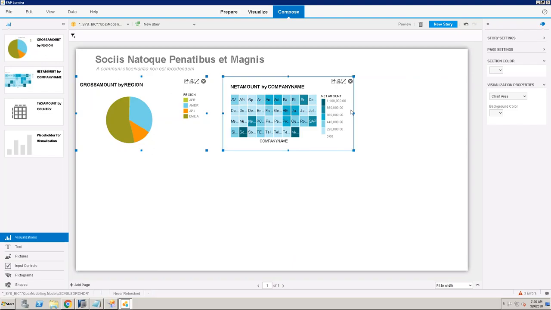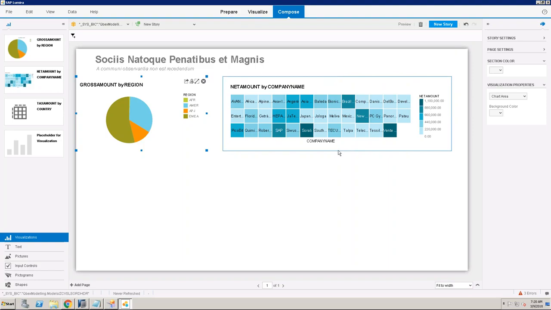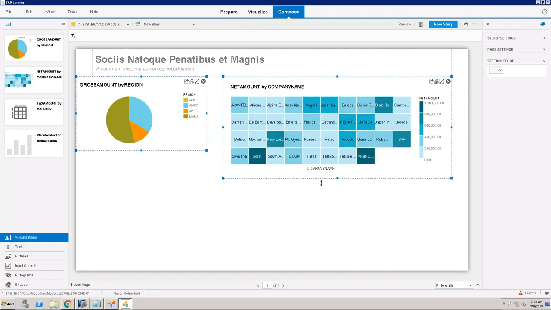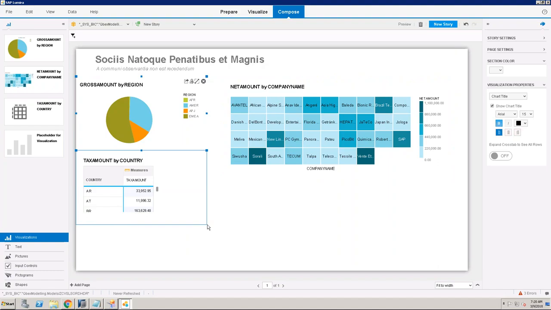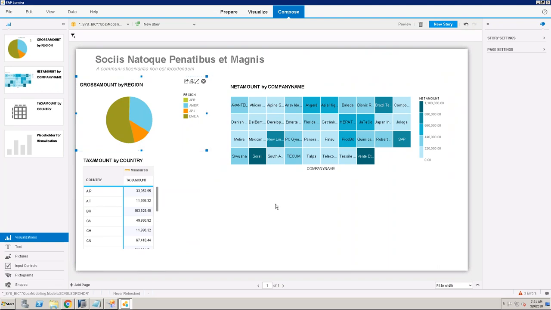I want to make this really big. I want to make this way. I want the table to come in this way. That is fine for me. That's it. I can scroll down. So I have this page design and then I'll say